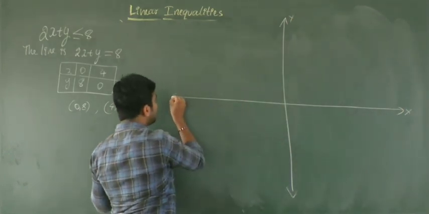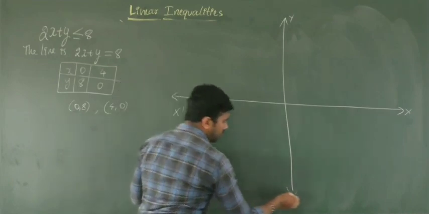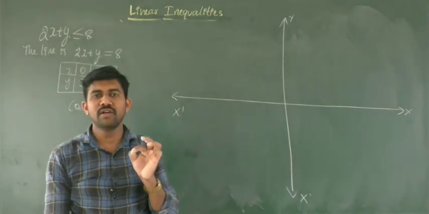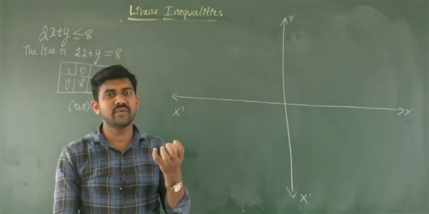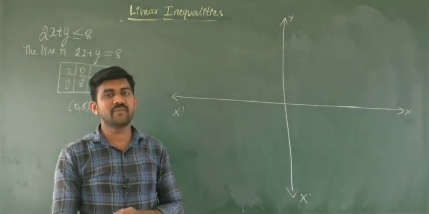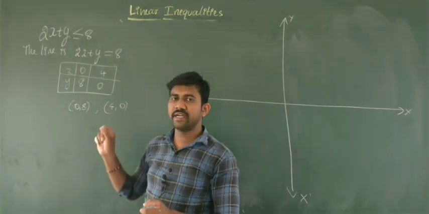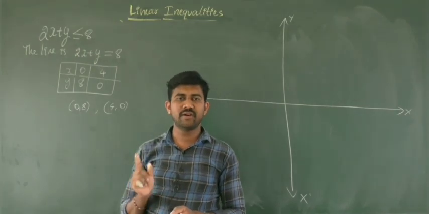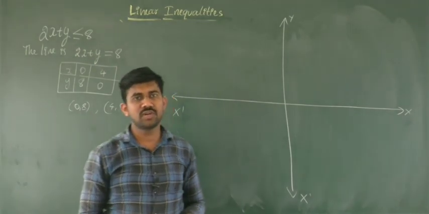Okay, the system of linear inequalities is very important for 5 marks. Okay, they will ask to find the graphical solution of a system of linear inequalities. There we have 2 or more linear inequalities, but here we only find how to find the solution of a single inequality. Okay, for 2 marks or 3 marks they can ask.